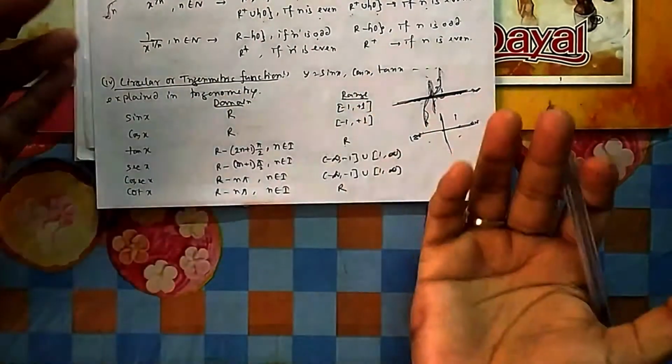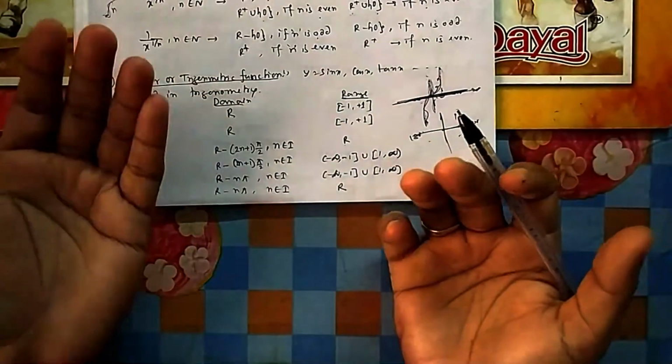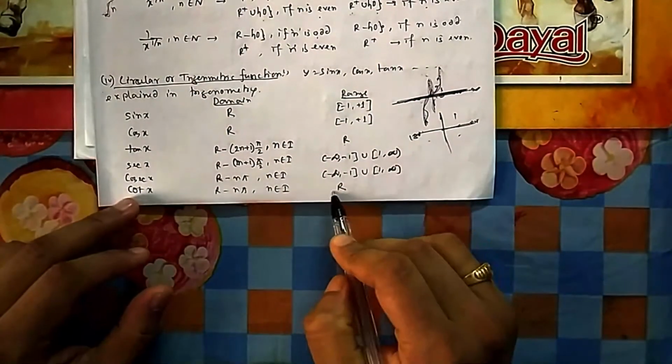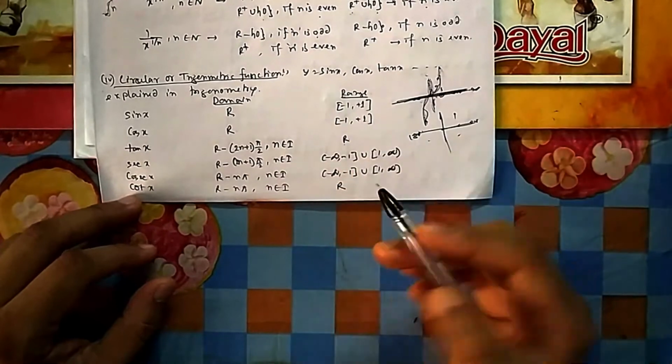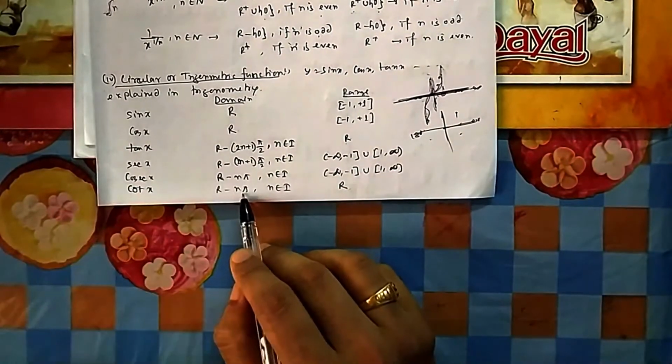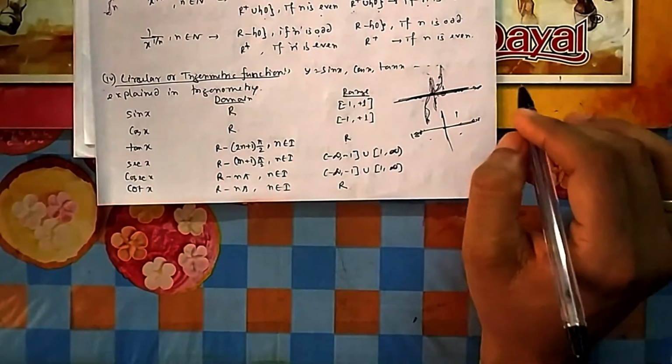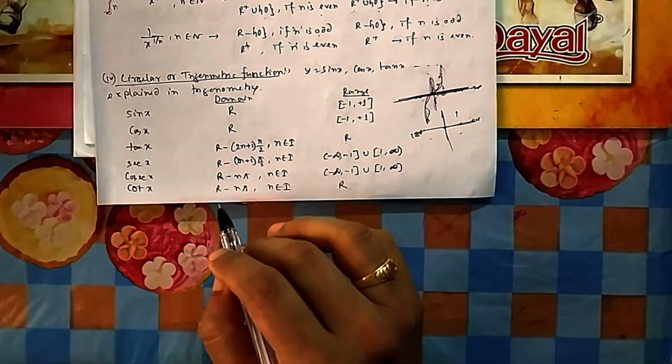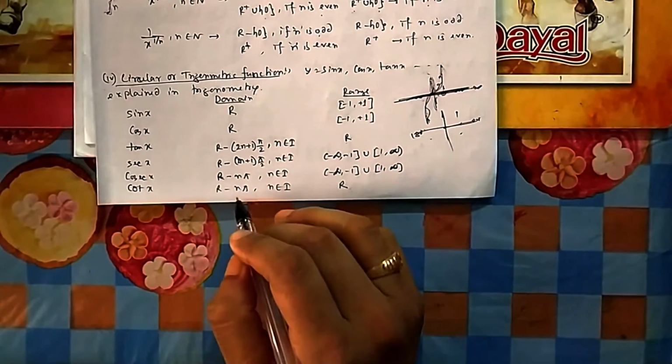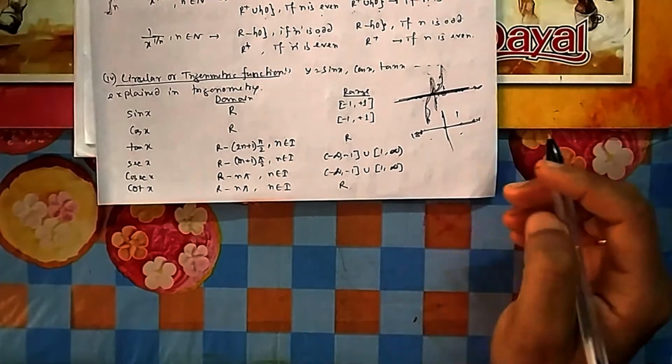Again cosec x same, sin takes 0 to 1 and 0 to minus 1, this will give cot, because if you take the inverse of a real number you can get any real number. Again cot, you cannot put the pi line, the horizontal line. So 0, 180, 360, all multiples of pi you cannot put in the domain.